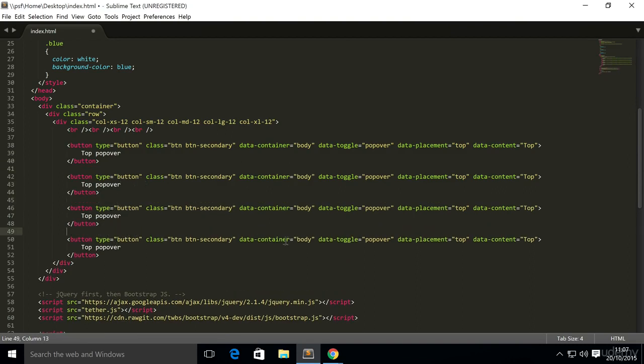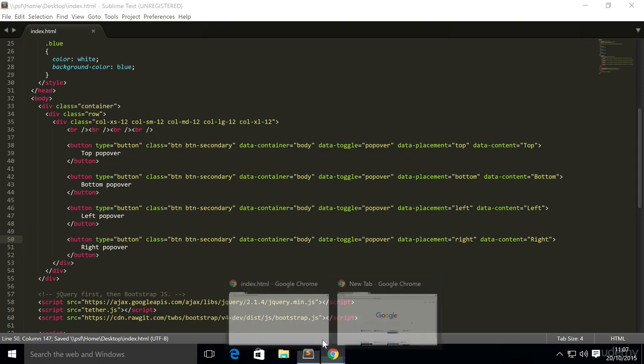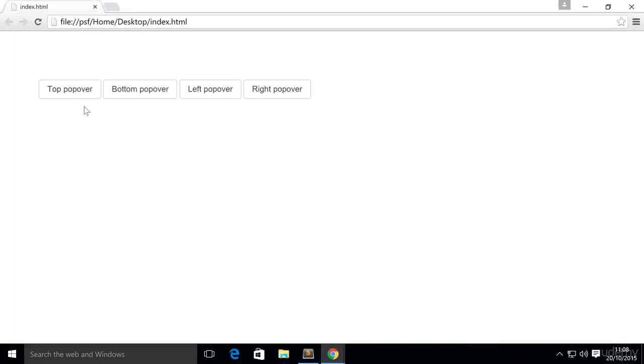So there's a few things that we need to change. We need to change the data placement, data content, and the text inside the button. So let's just get this down. I'm going to put left, right. Save that, and now if we go to our web browser, refresh, we got 4 buttons,